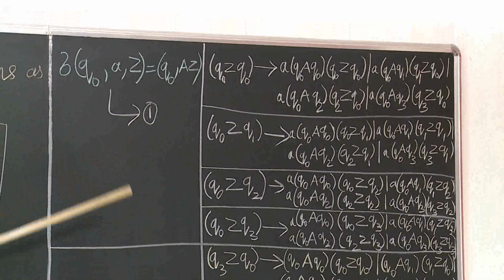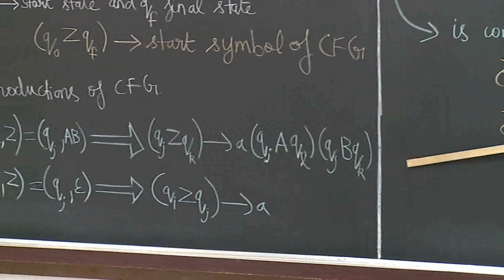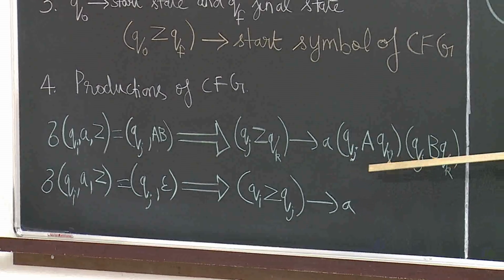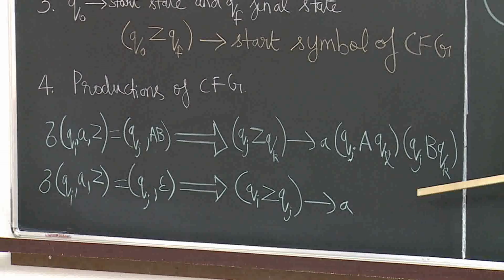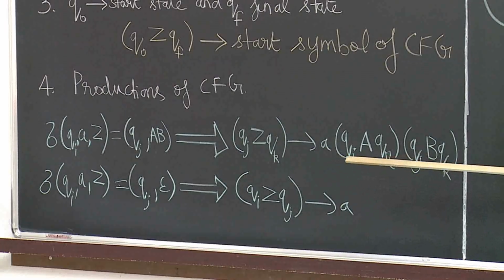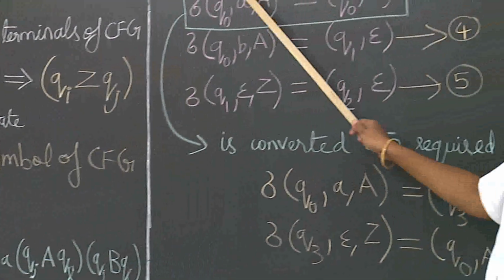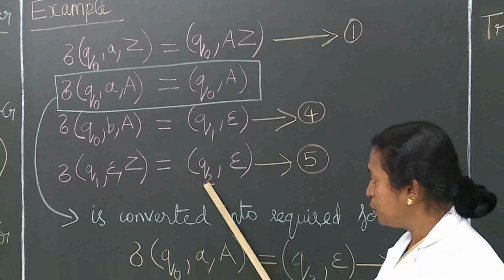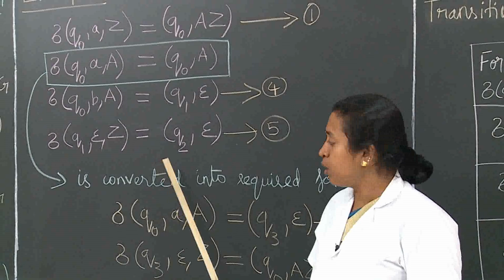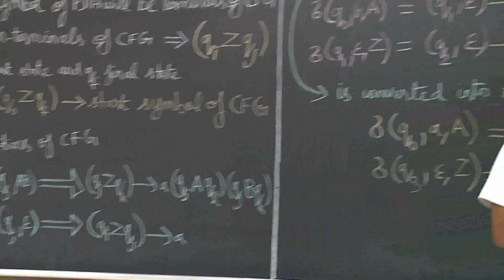For transitions 1 and 3, they will be in the format of the first one. You see here we have Qj, Qk, J, L, J, K. What this means is that K and L will take all the possible values of capital Q. So what are all the possible values here? Q0, Q1, Q2, and again Q3. It will take all the possible states of this production transition. So we can see one by one.